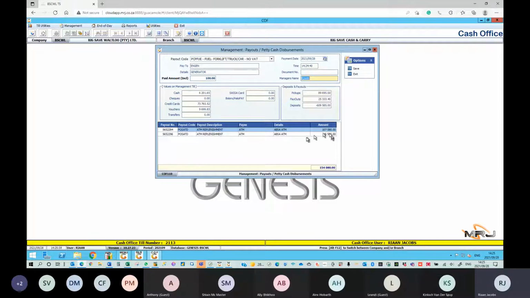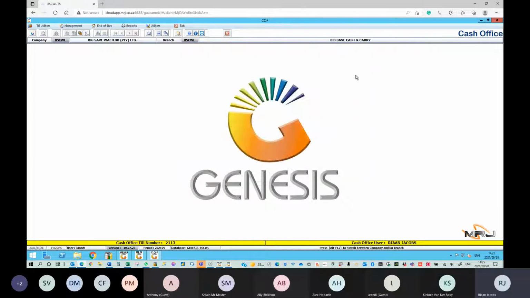So here's an example. They replenish the ATM, basically they're using the same. They choose the ATM, so they're putting money into the ATM for the day. I'm just going to close it. I don't want to post anything. The second option here